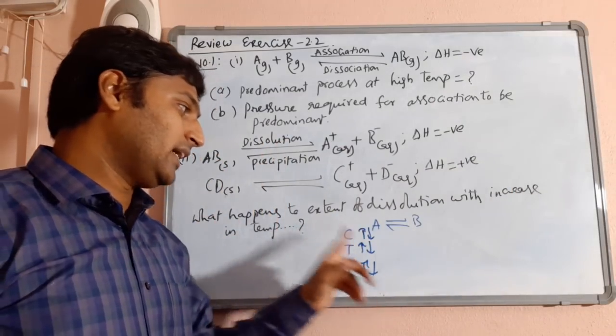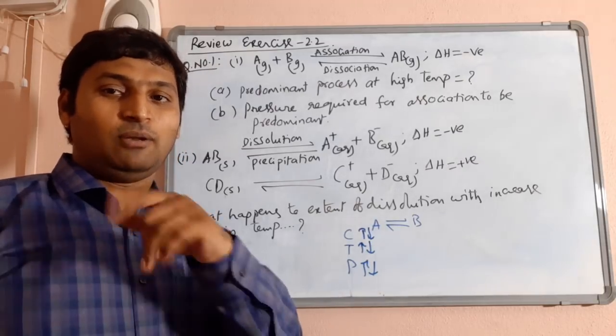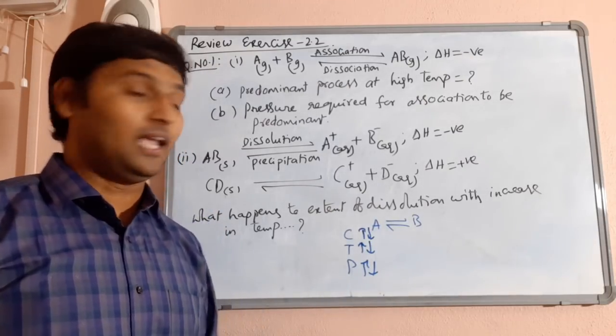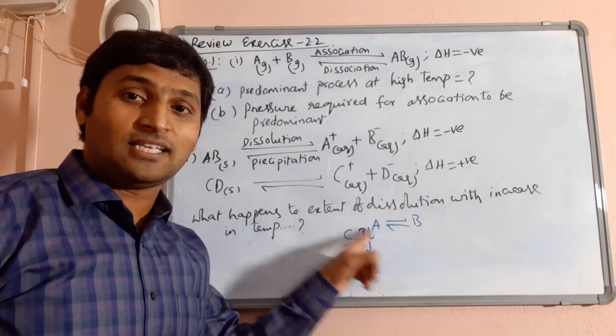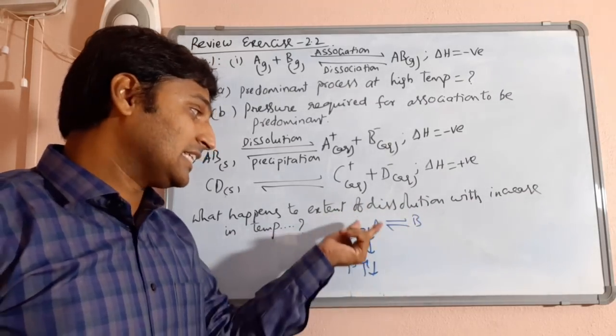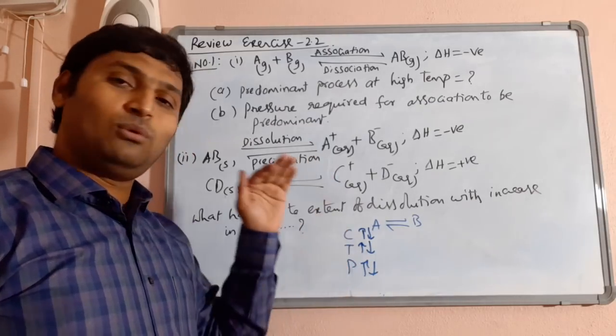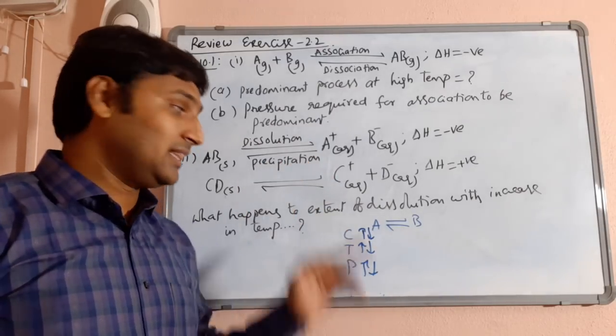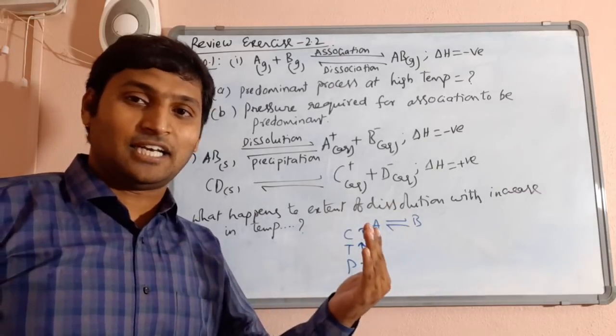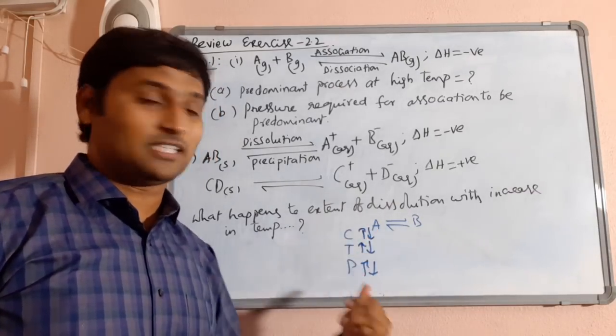Means you increase the concentration of A, equilibrium would like to decrease the concentration of A. When will the concentration of A be decreased? When the forward process happens. That's why it continues in forward process. You decreased the concentration of A, then equilibrium would like to increase the concentration of A, then it will go in backward process where A is formed.